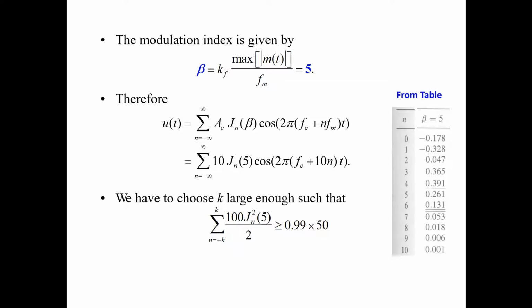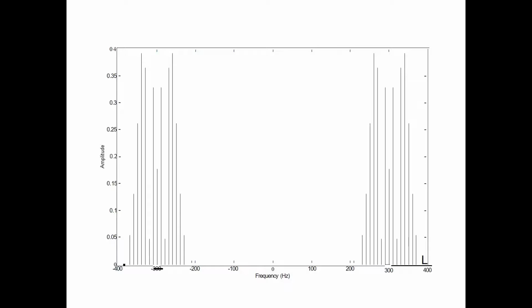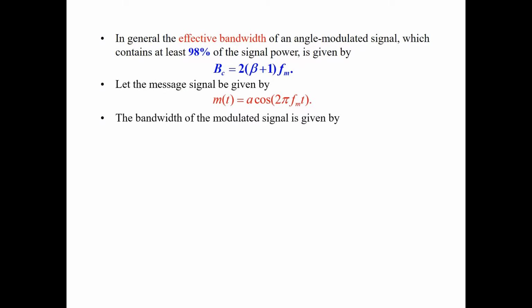With that I will discuss one very important thing after solving this example. Basically we can define the effective bandwidth of a modulated signal using this formula. If you remember in the previous chapter, we discussed that for amplitude modulation the bandwidth is 2fm, or 2W, and for the phase and FM modulated signal it was 2 times beta plus 1 into fm. Beta was the modulation index.